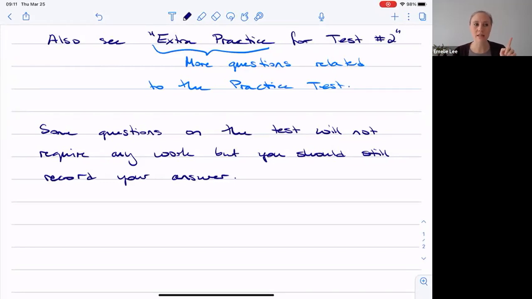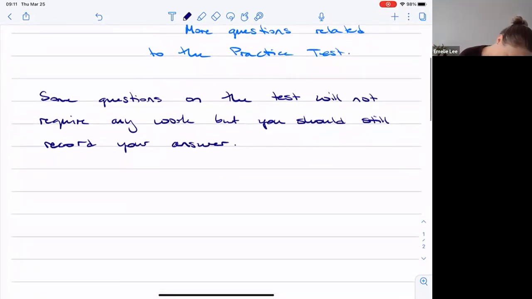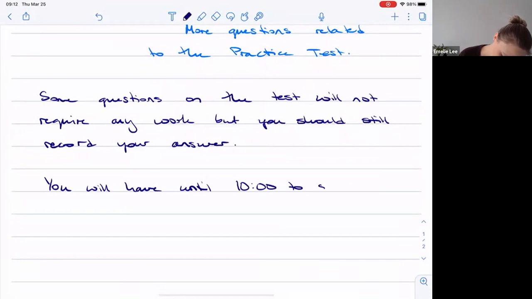I will say that it's not long, but it is pushing the entire class time. So you'll have the class time to do it, and then you'll submit your work. So you will have 10 minutes after class. You will have until, when do we go till, 9:50? So until 10 to submit your written work